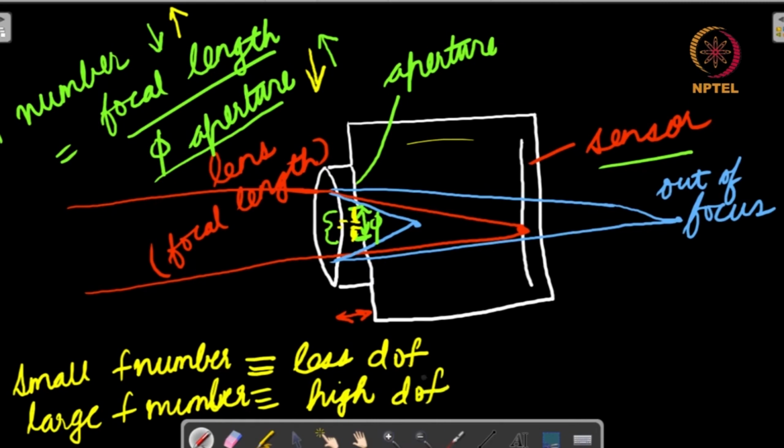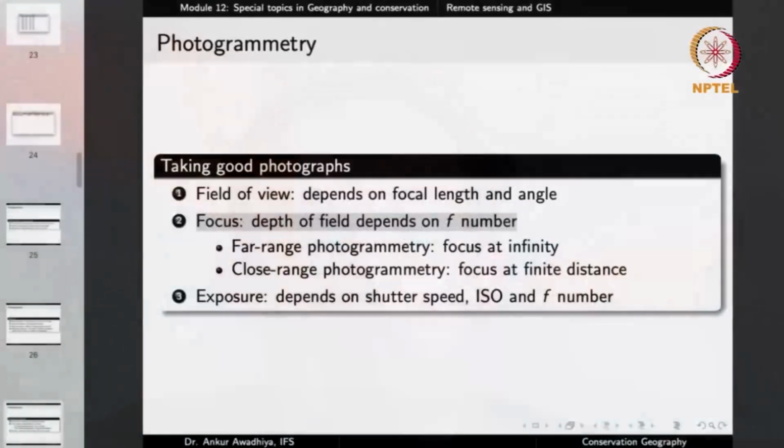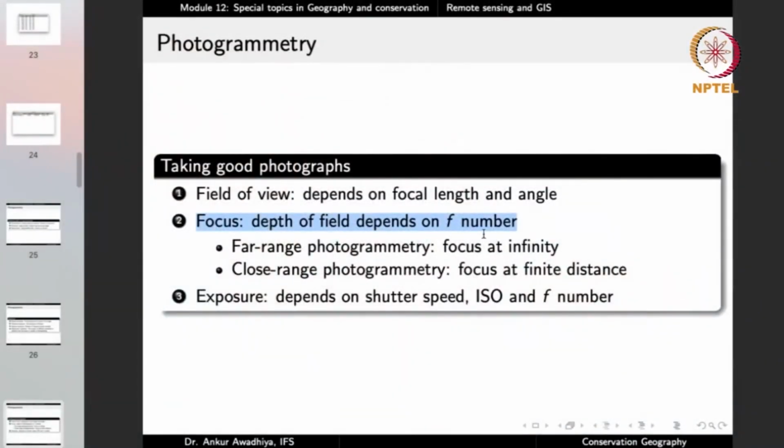which means that objects that are close to the camera will be in focus and objects that are even very far from the camera will again be in focus. So you use a very small aperture to have a high depth of field and you have a large aperture for a shallow depth of field. So the depth of field depends on the f number,